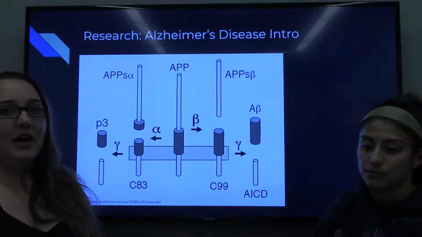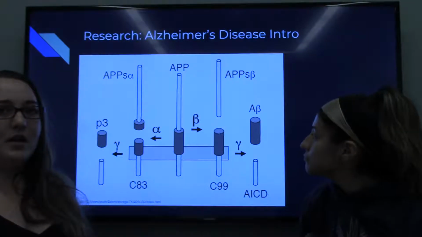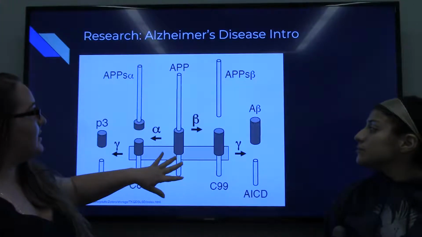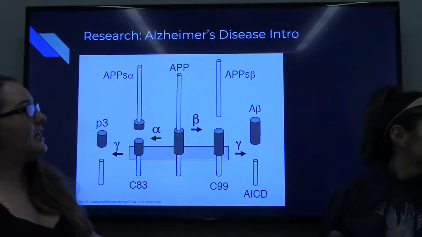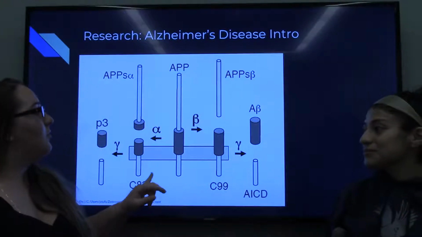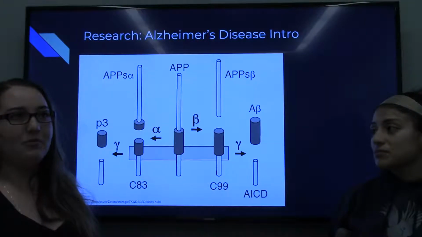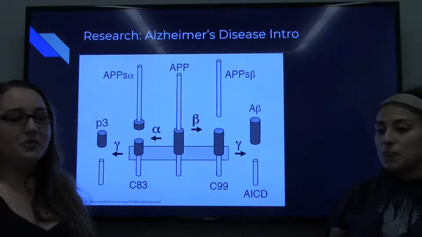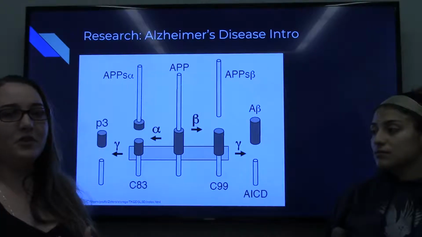Here is an image of how the amyloid beta protein is made. So this beta right here is our BACE1 enzyme. First you have this APP, which is your starter protein. Your BACE1 will come and cleave right below to create the APPS beta. Once this is cleaved, the gamma secretase will come and make a second cleave right at the bottom, and this will create your amyloid beta proteins that will go on to form plaques in the brain. These plaques will actually stop neural impulses in your brain, which is what leads to the degradation of your neural